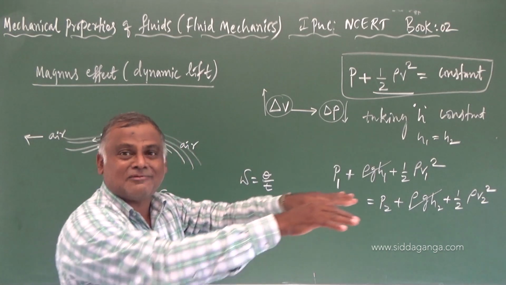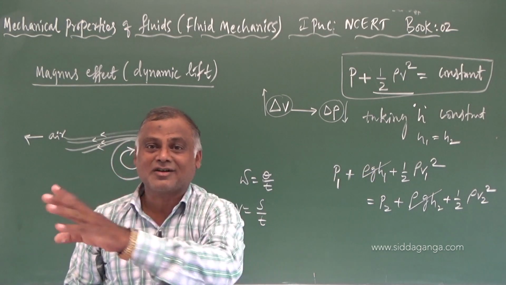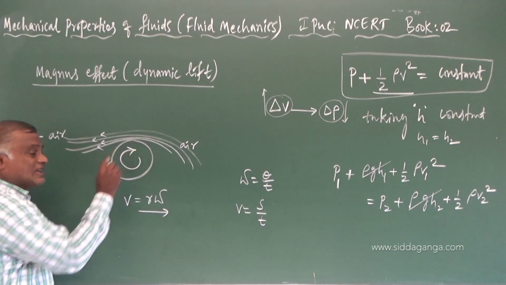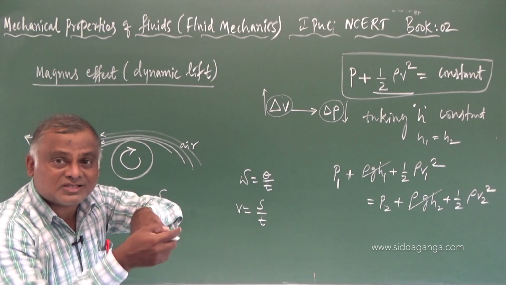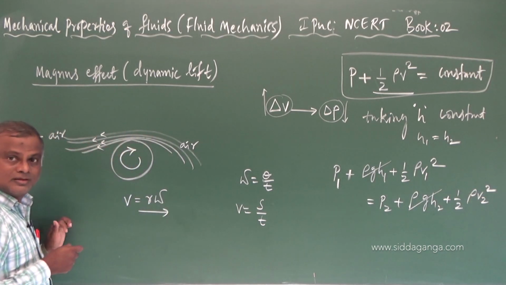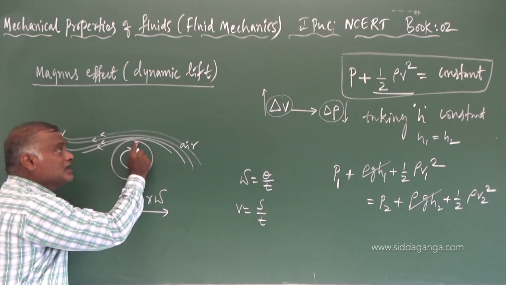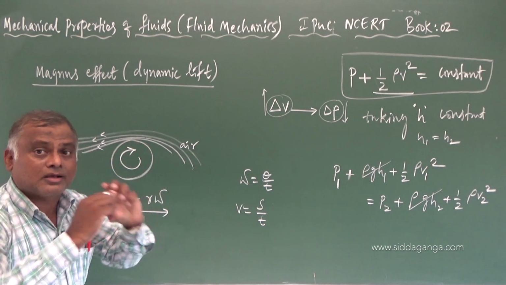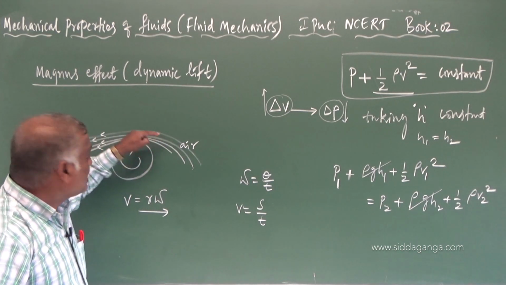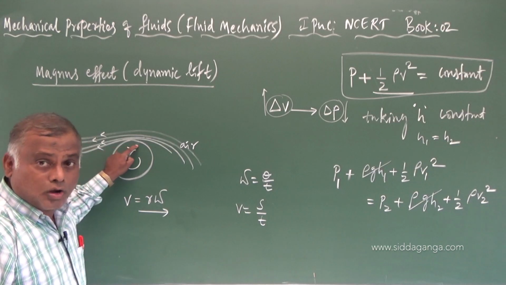They may move in the same direction, but understand the concept here. When a ball spins, the surface of the ball is in contact with air. What happens at this point? They get crowded, the air layer in contact with the ball.